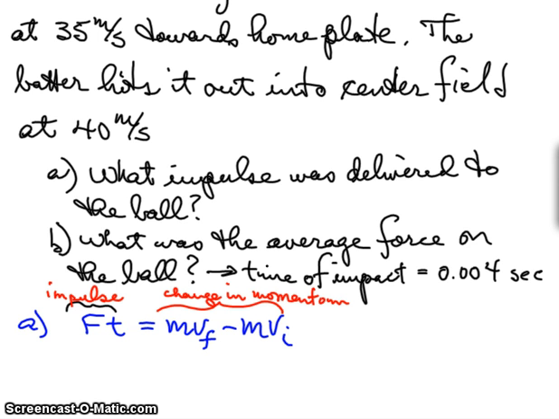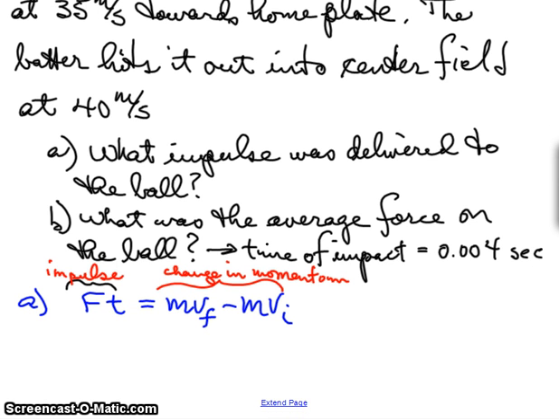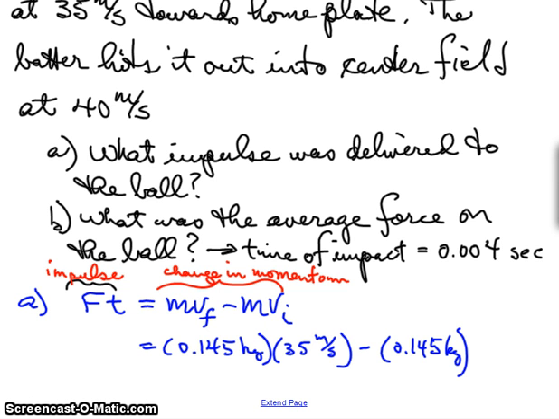So we do know the mass. We do know the initial and final velocities. So let's put that in there. We know the mass is 0.145 kilograms. The velocity is 35 meters per second, so it's being thrown in at 35 meters per second. The mass is 0.145 kilograms, and the final velocity is, well, it's not 40 meters per second. The final velocity is minus 40 meters per second,